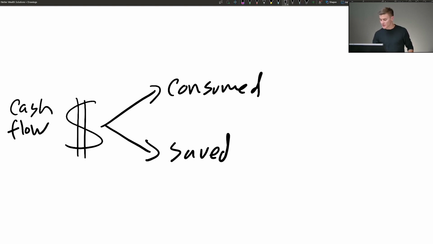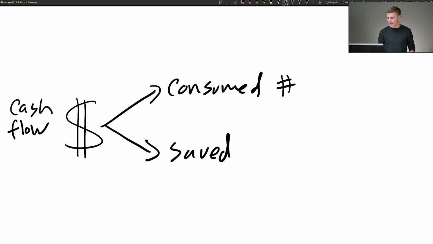Now, the consumption is based off of any dollars that you lose, whether you lose it to paying taxes, whether you lose it to going and getting a coffee, whether you lose it to a necessary business expense, or anytime you lose or spend or use a dollar, you don't just lose that dollar, but you lose what that dollar could have earned you the rest of your life. And what we find is a lot of people, this number right here represents your consumption. It also ultimately represents the cost of you living life. And then the other number is the savings.